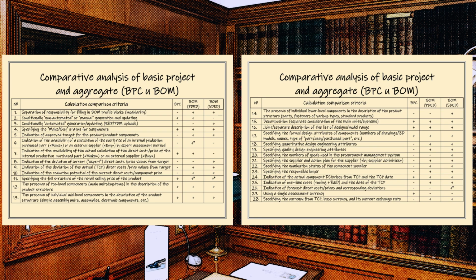Criterion 20. Specifying the numbers of goods used in the buyer's management system. In terms of specifying the number of inventory items, in different organizations this number is called differently, i.e. the number according to which records are kept in the procurement system. It can be said that the presence in the BOM